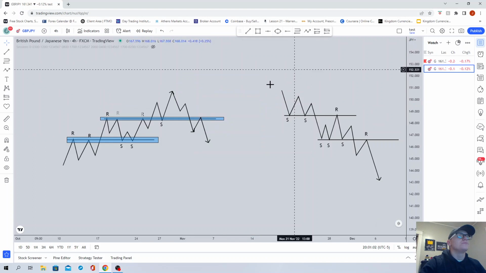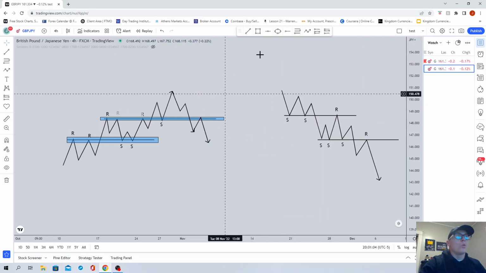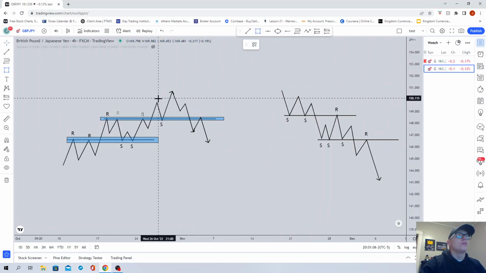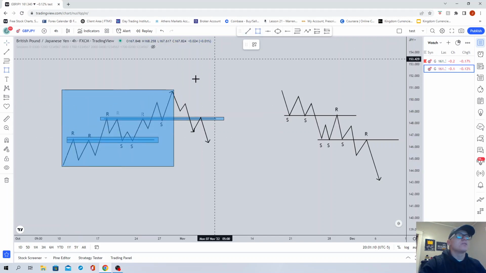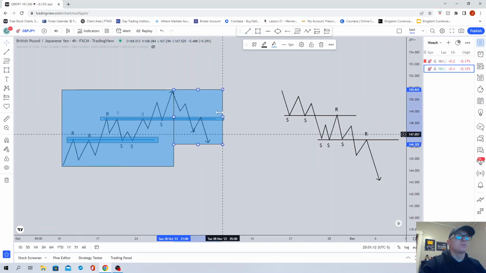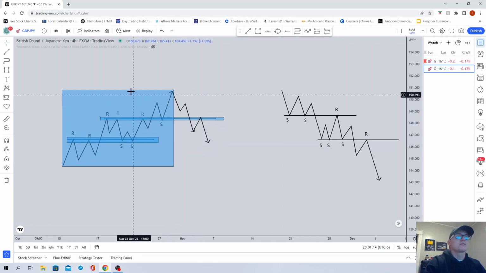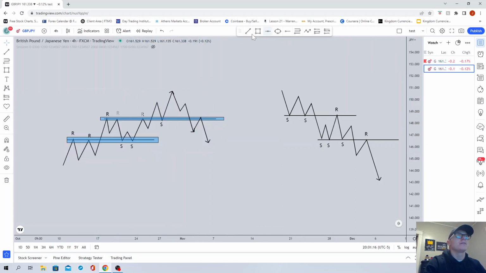Now, why would we be looking for buys on this half and sells on this half? It's very simple, because we're buying or selling in alignment with the trend. On the left side, we have bullish structure, so we're looking for buys, and then price reversed. So now we are looking for sells. Where are we looking for sells at? Same concept: previous levels of support and resistance,